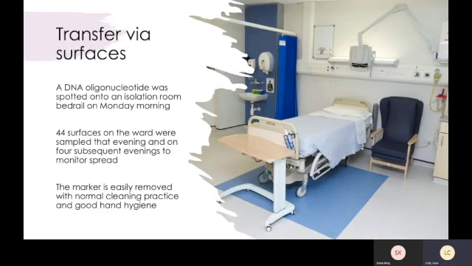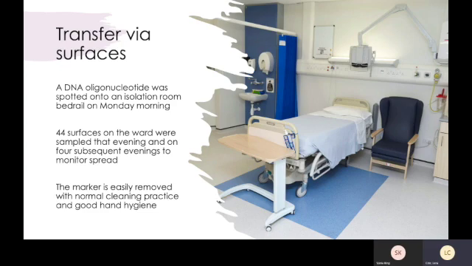So what we did in this case was to design a DNA oligonucleotide. This is basically just a chunk of DNA, and it was based on the sequence of cauliflower mosaic virus, which we thought would be totally safe to use, and has in the past been used within the healthcare setting as a sort of surrogate for contamination. So this was just a linear DNA at a copy number of about 10 to the 8, 10 to the 9 per milliliter. We basically spotted a bit of this onto a bed rail in an isolation room